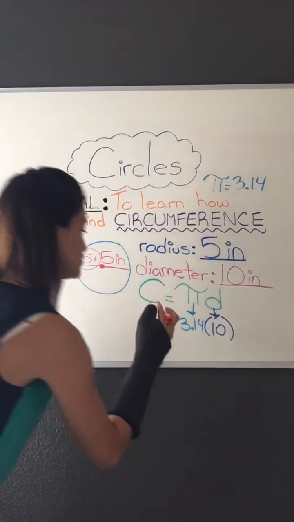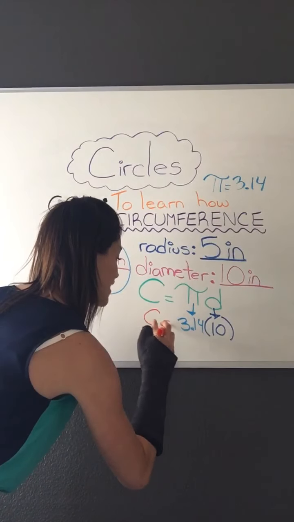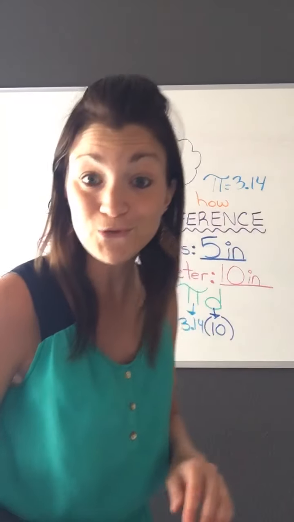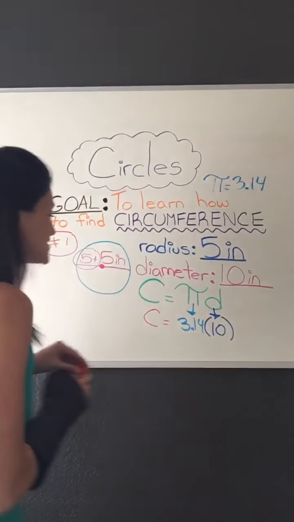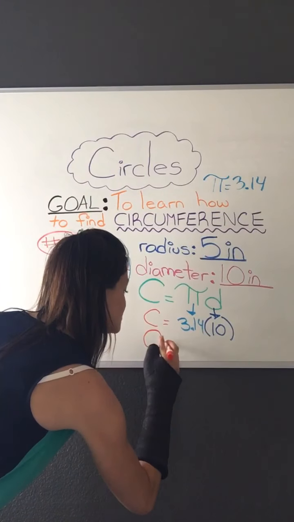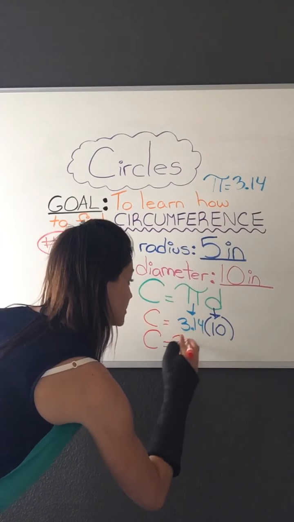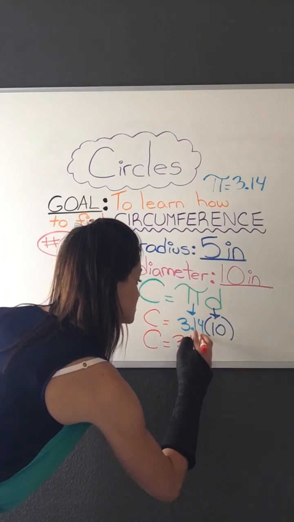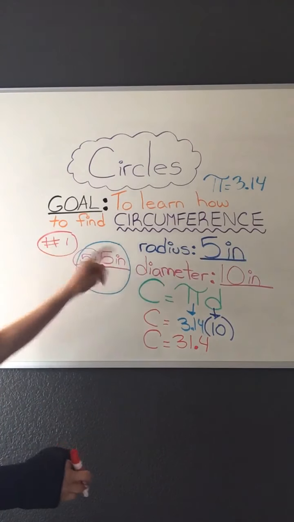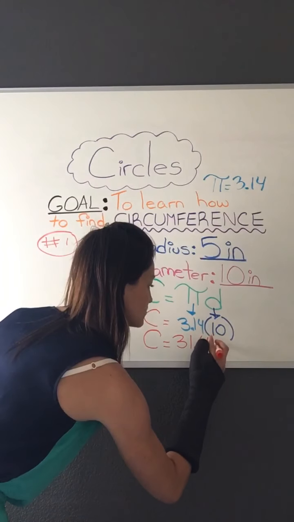Okay? So you can either use your calculator or ask Siri or use your noggin like old school. Okay? So 3.14 times 10 gives us a circumference of this circle of 31.4. And it is inches. So inches